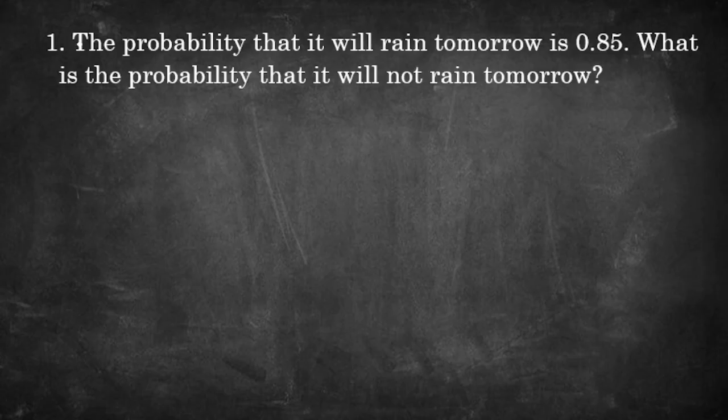So first question. The probability that it will rain tomorrow is 0.85. What is the probability that it will not rain tomorrow? So whenever you get a question where an event is happening and the same event is not happening, right? Then how will you do such type of question? Now see,